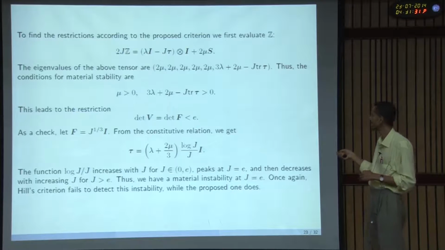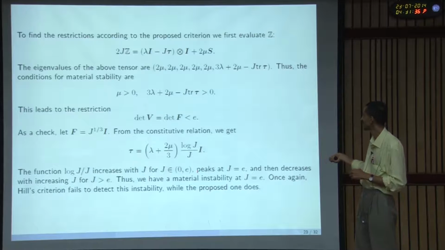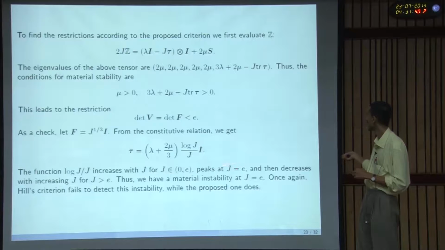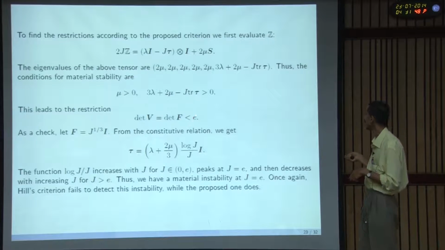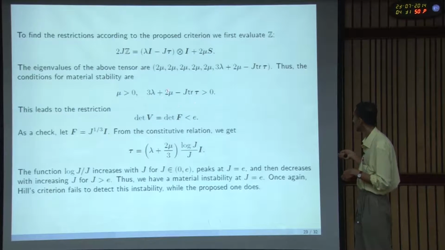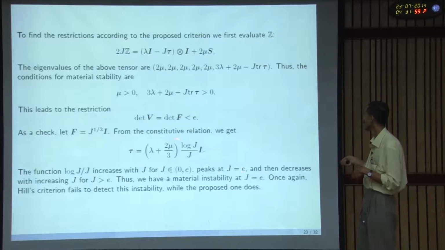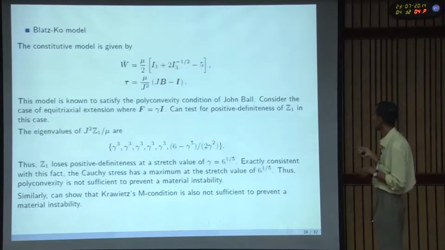So according to Hill's criterion, we saw that actually this model is stable, but this is an actual physical example which shows that there is an instability at E, but that is not tracked by Hill's criterion because it is using the Kirchhoff stress tensor, whereas the actual stress tensor is the Cauchy stress tensor. And so this criterion manages to get that because it leads to that particular restriction, and so again in this case also it is able to predict that there is an instability in that model.